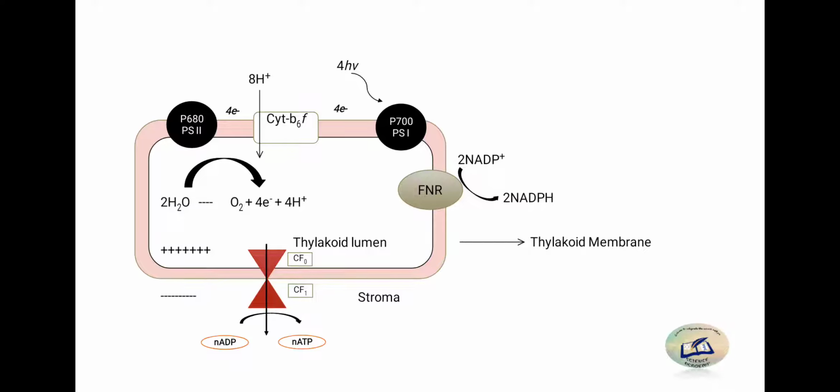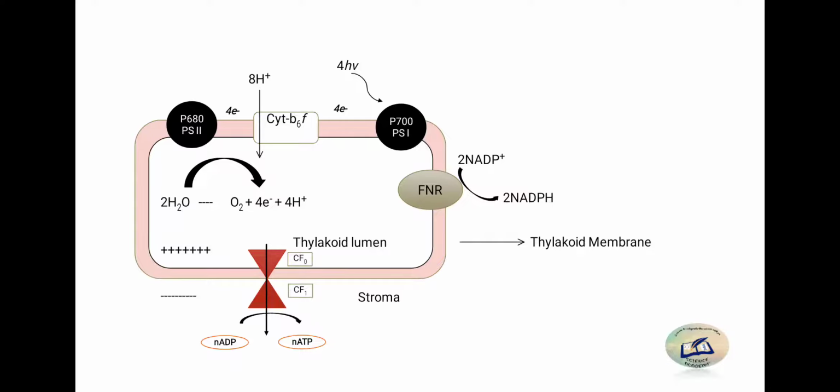So in this case what happens? What are the byproducts? Oxygen, electrons and protons. Oxygen diffuses out of the membranes via diffusion, when no extra energy is required. What about the electrons? They are used again by the P680 system. If we consider 1 molecule of water, then 2 electrons are released. These 2 electrons are used by the P680 system, and again the same chain works.